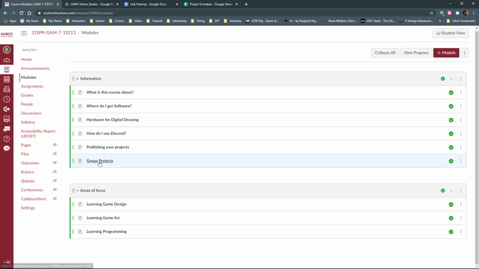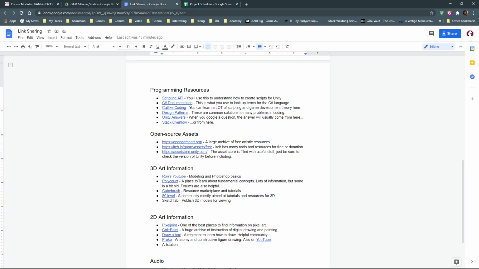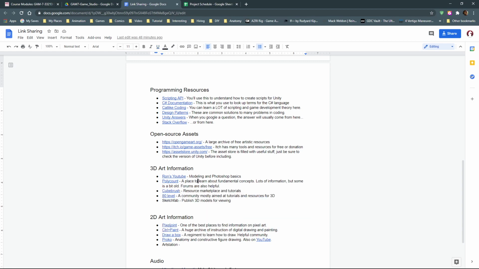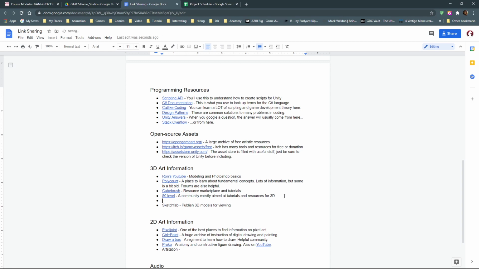And for more information on that, I'd recommend Polycount. Polycount is a repository of 3D terms that you can look up and get a lot of good information from. Or CubeBrush. CubeBrush is actually really good too. I gotta put those YouTube guys on there, whatever that's called. Flip Normals. Yeah, I gotta add that one. Put that up here. It's another good YouTube resource.